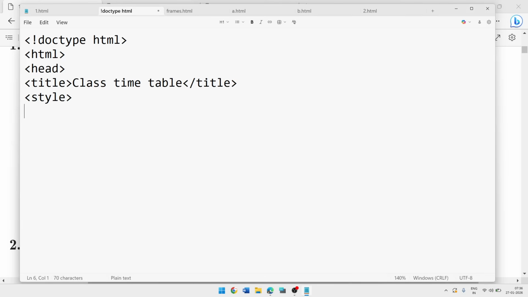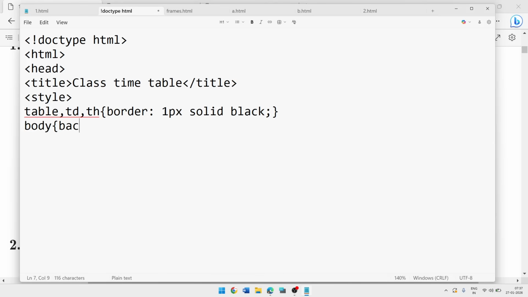Then we are going to put the style for table, TD and TH. Here we are going to put background color and border. So we'll write border 1px solid black. Done. After that we'll close the bracket, and if we want, we can write body background color